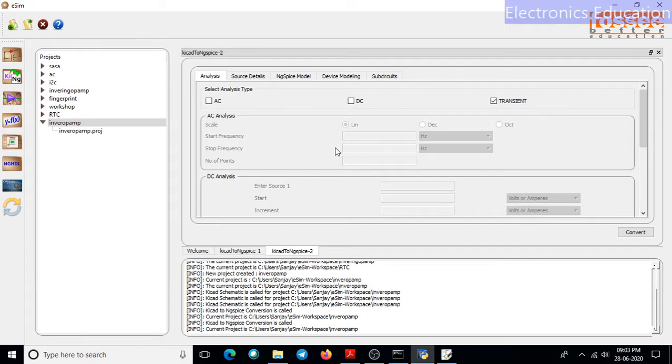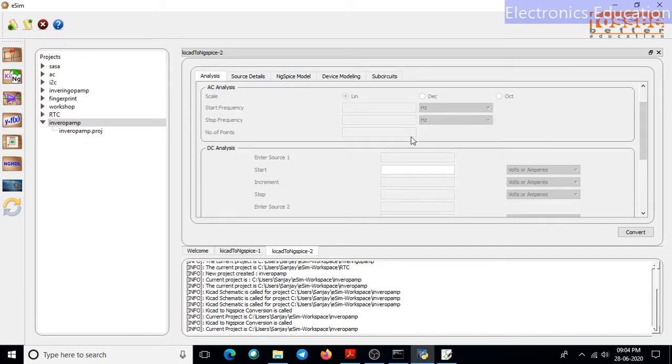Now here, as we intend to observe the waveforms produced by the inverting operational amplifier, waveforms means there will be sinusoidal signals in the output as well as in the input. So to observe the signal, we will click on transient analysis type. Then we will scroll down.